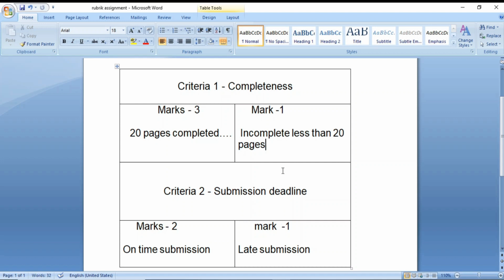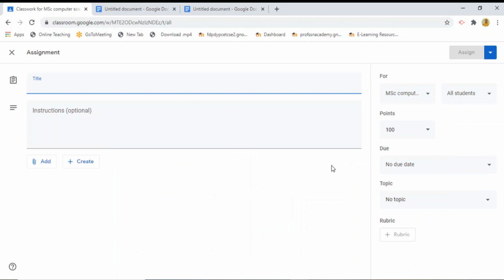In the same way, if the student submits less than 20 pages but on time, it is 1 plus 2, 3 marks. And if the student submits less than 20 pages and also submitted late, then they will be awarded 2 marks. Okay, so I hope you understood.